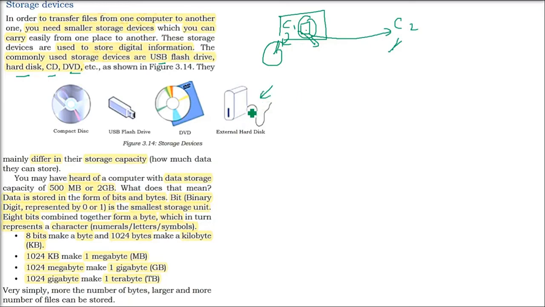An external hard drive, you will always see with an Apple person, because the memory of the Apple systems is less. The capacity will be different, the storage technology will be different, and the storage capacity will be different. For example, 2 GB, 8 GB, 500 MB, you might have heard about this. So what is this GB? What is this MB?